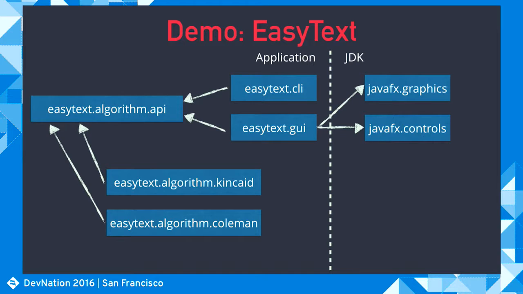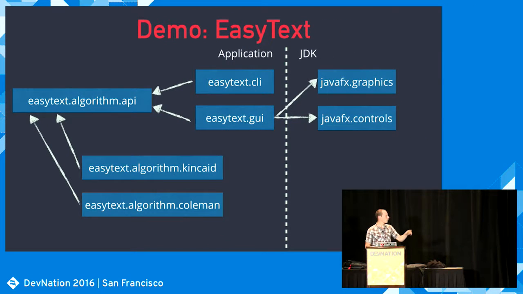Before we dive into the code again, let's look at how that looks in a diagram. So we'll get an API module containing just the analyzer interface that we're interested in. And only the CLI and the GUI modules will depend on this API, of course, because they need to call into it. But they do not depend anymore on the concrete implementation modules of the analysis algorithms. So we had Kincaid. We're going to add a Coleman analyzer, which is a different way of analyzing text complexity. But there's no requires relation between the front ends and the implementation modules, which is what we wanted to achieve.